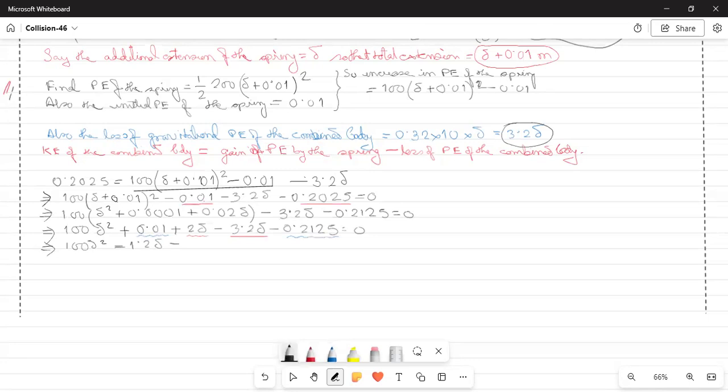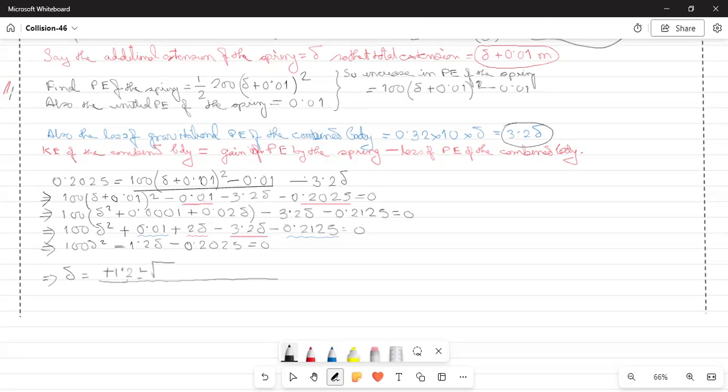So we have minus 0.205 equal to 0. From here we get, so delta is equal to, now we can go straight to the quadratic equation solution, minus b, minus of minus 1.2